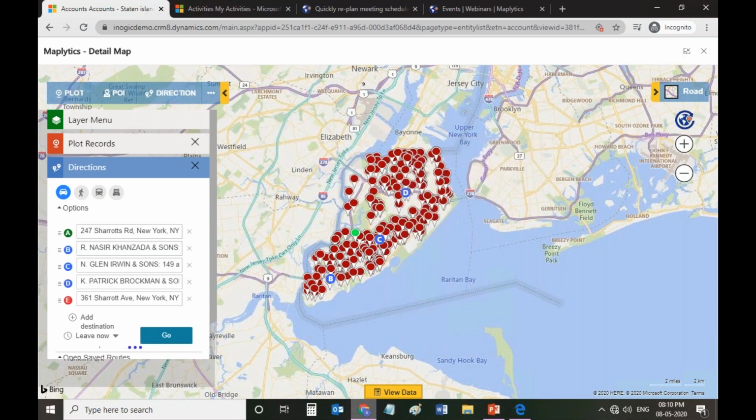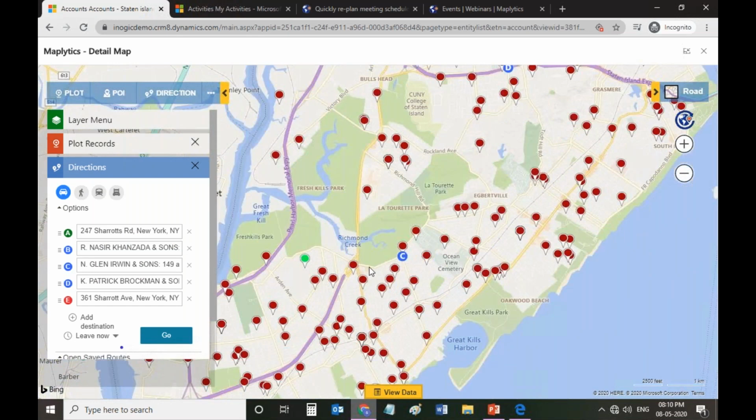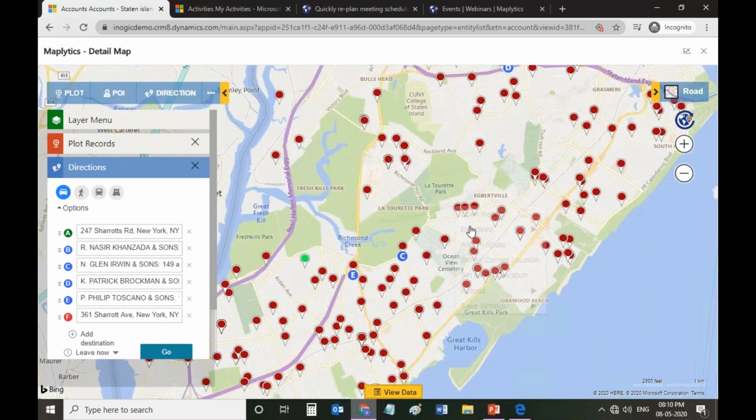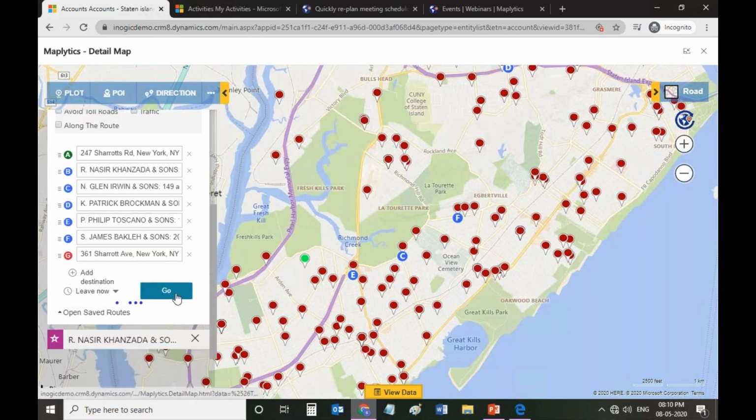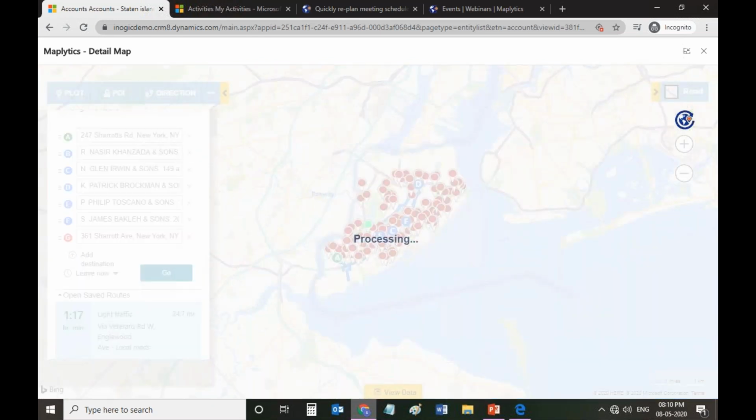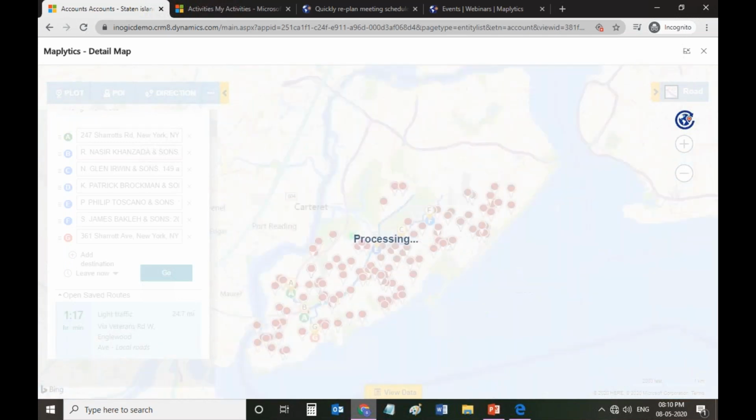I have added some waypoints. Let me add some more waypoints. Okay. And I have selected optimization, and I'll click on go. This will give me an optimized route for the waypoints that I've selected.